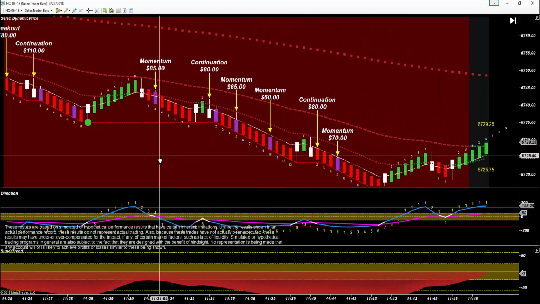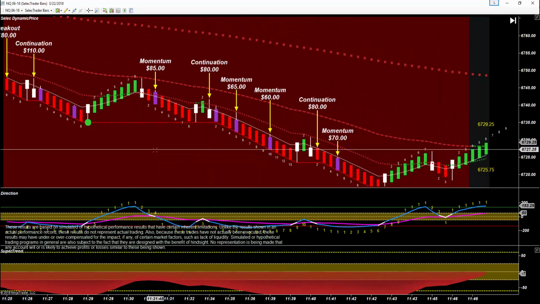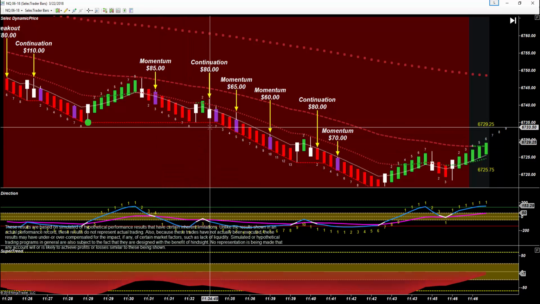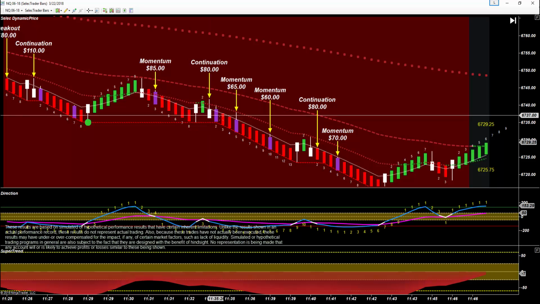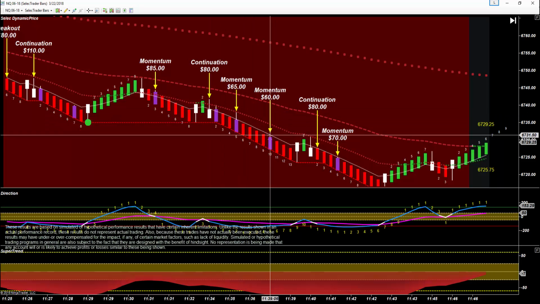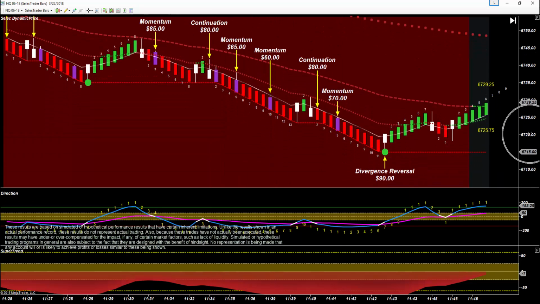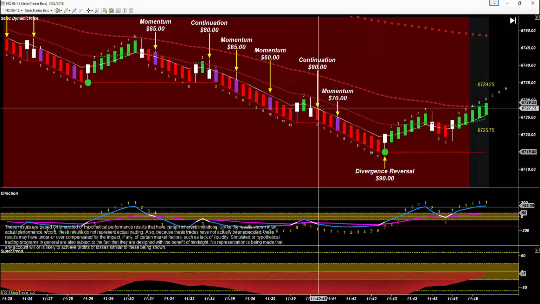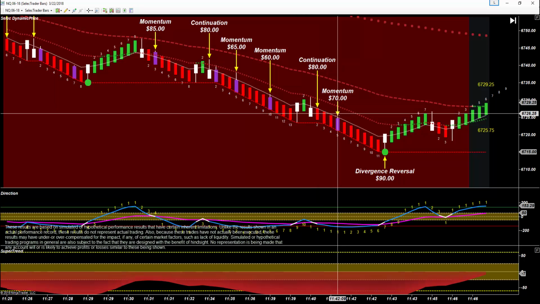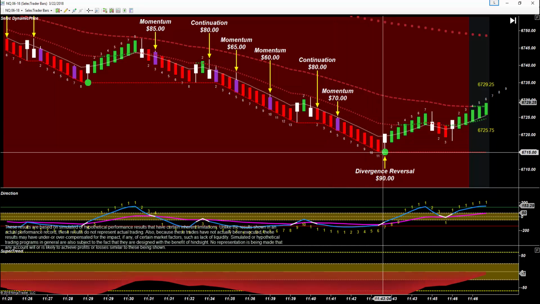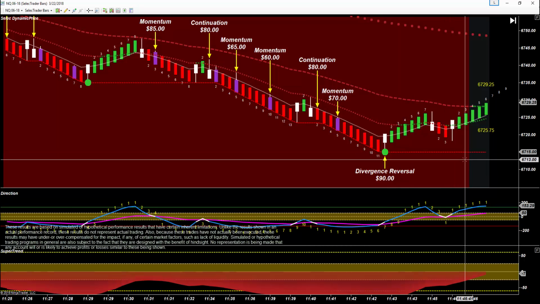followed by a slew of short trades here. We have a momentum that grabs about 5 extra ticks with the runner, bounces off the low. We can hop back in on this continuation here to hit profit target, and back-to-back momentums in the same run. And a continuation followed by a momentum in the same run, so we can continue after we get stopped out by this wick here. Then we have a divergence reversal on the way up,